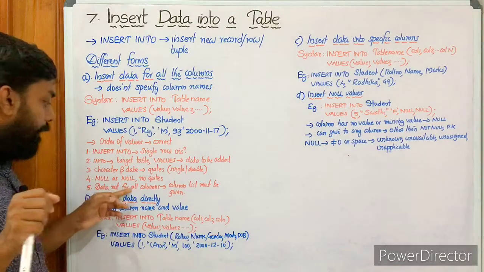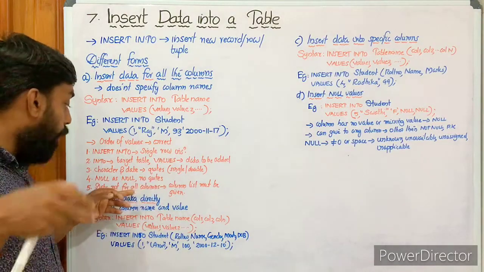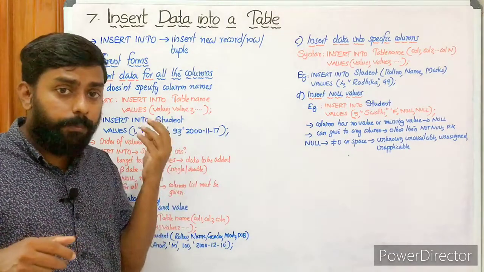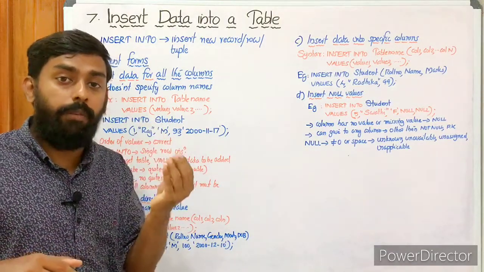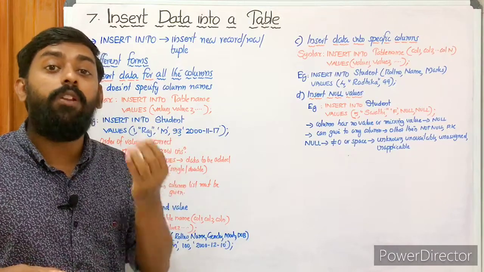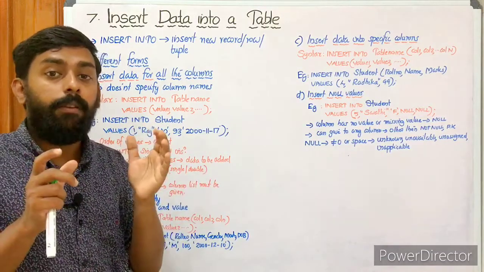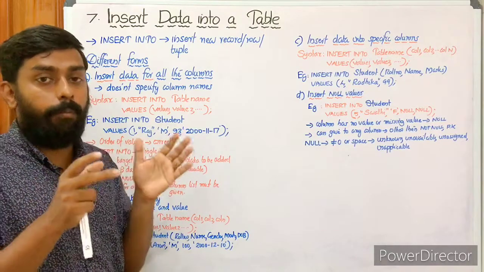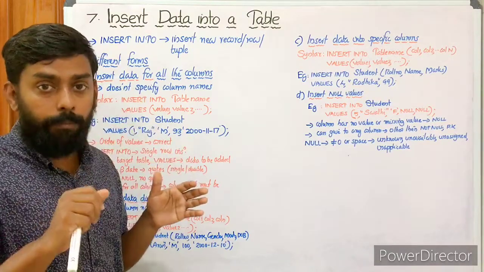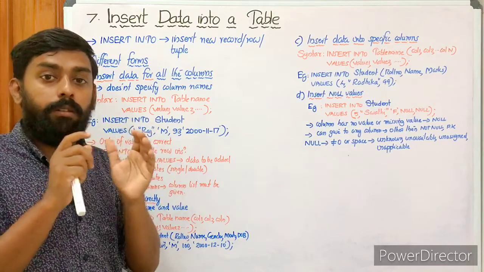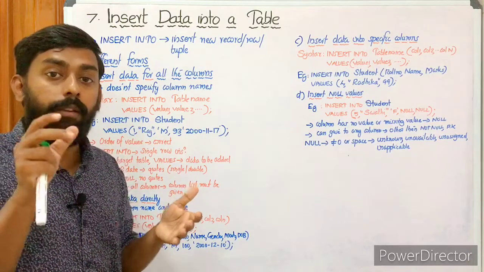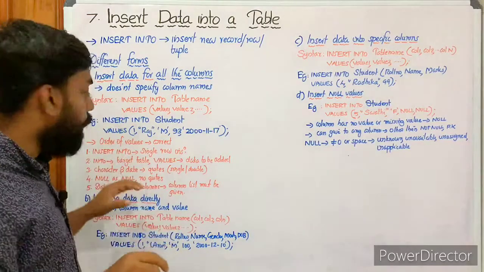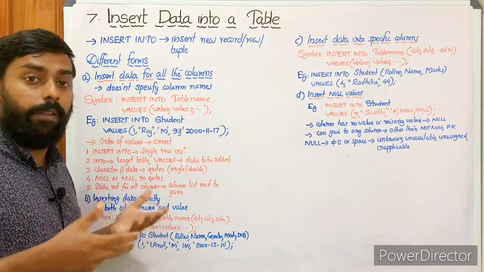Yes. Then data not for all the columns. When we don't give data for all the columns, the column list must be given. That means when we do not insert values for all the columns at a time, the column list must be provided, otherwise it may not be passed to the particular column. Hope you get it. So these are the things to be followed while working with the insert into command.